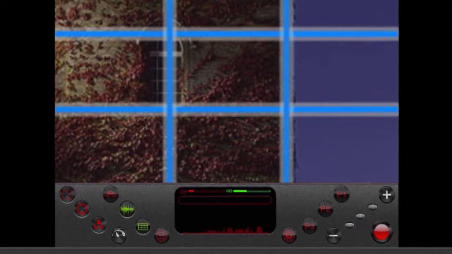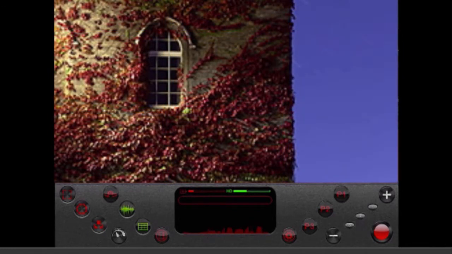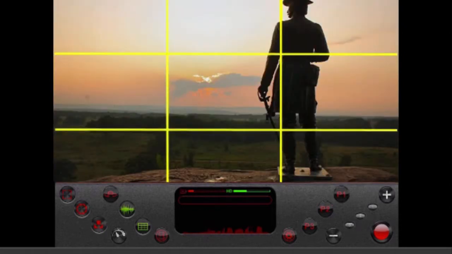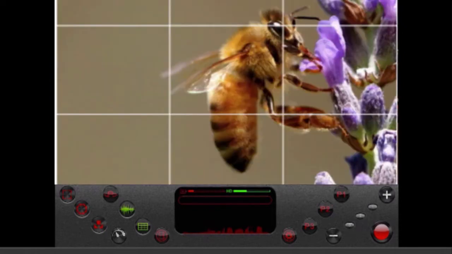Don't forget about your rule of thirds. You'll want to make sure that you're creating interesting images by using the grids that are provided in the Filmic Pro app and setting your shots up appropriately. Don't put something directly in the middle of the camera shot. Use the grid lines provided in the Filmic Pro app to set up your shot and create interesting shots, much like the ones that we see here. These shots are far more interesting than any of the shots that would have the subject directly in the center. Again, use those grid lines to